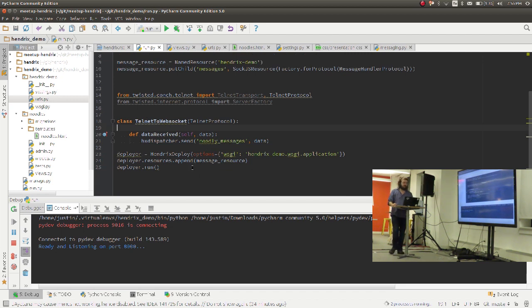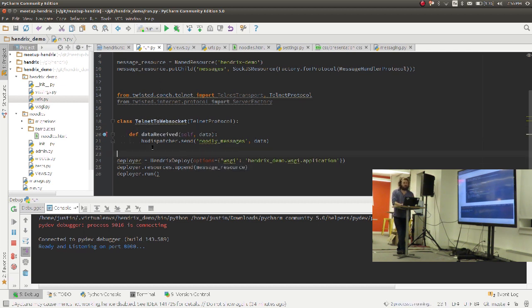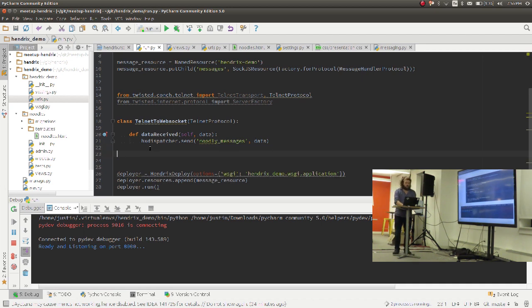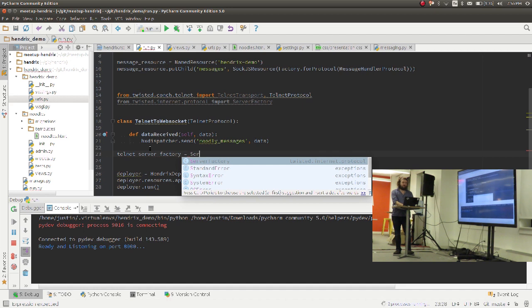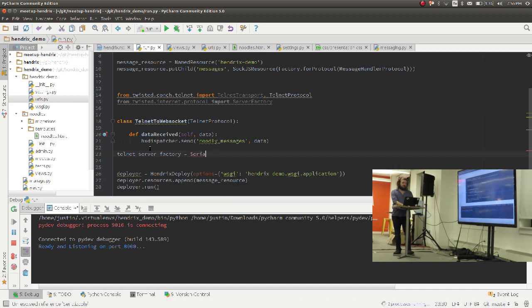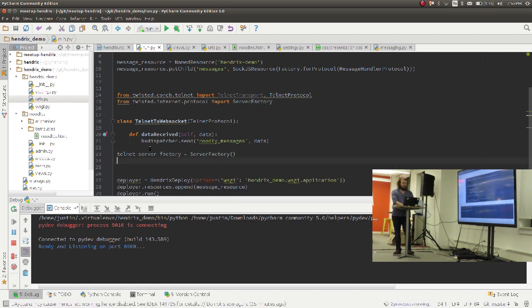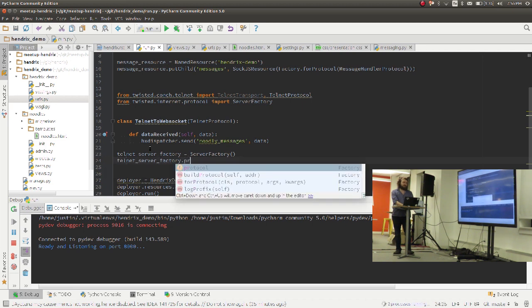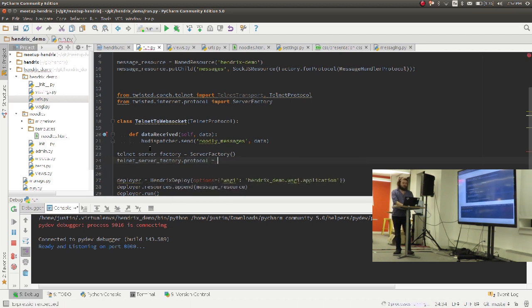The only other thing I need to do is to make sure that my telnet server listens at deploy time. This deployer here is going to listen not only to port 80 and port 443, but another port that we're going to choose. And to do that, I need to create a telnet server factory. I imported my server factory, and then I'm going to set the protocol for that factory to